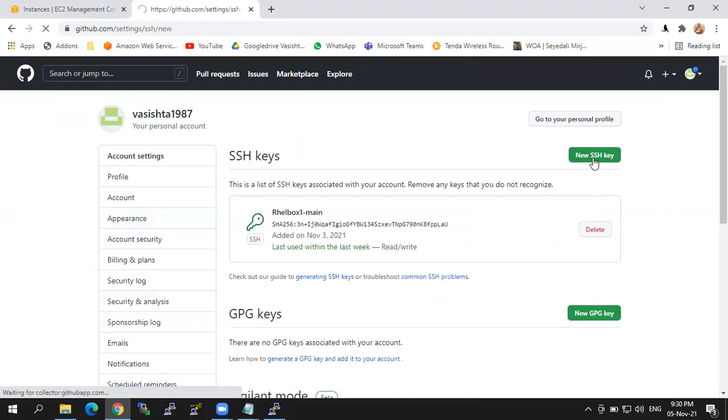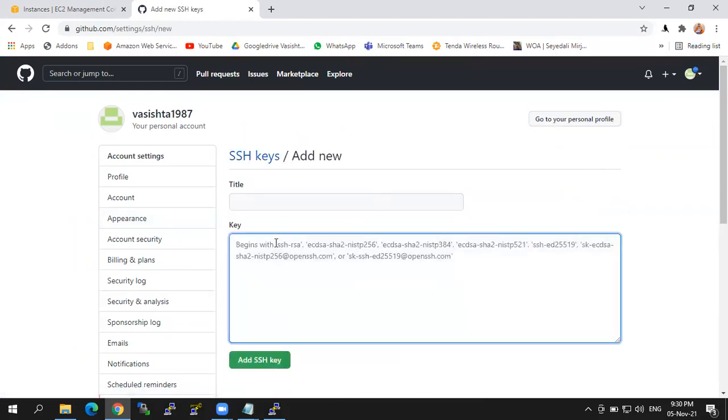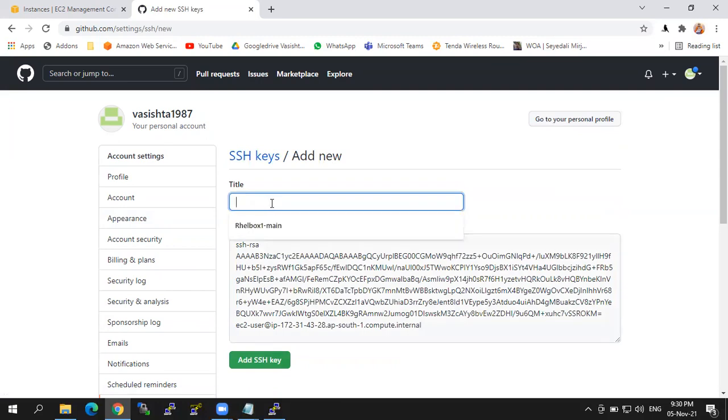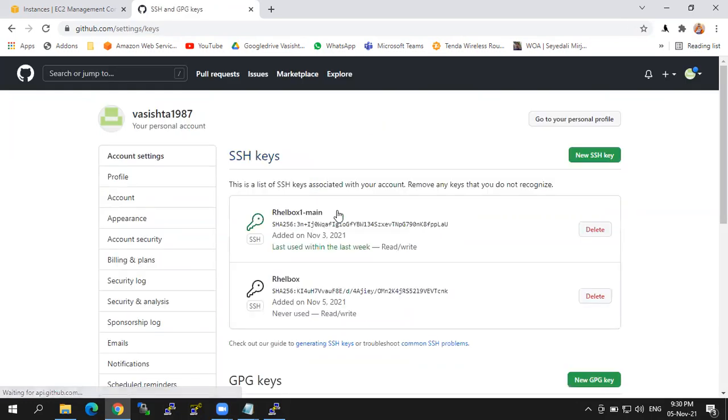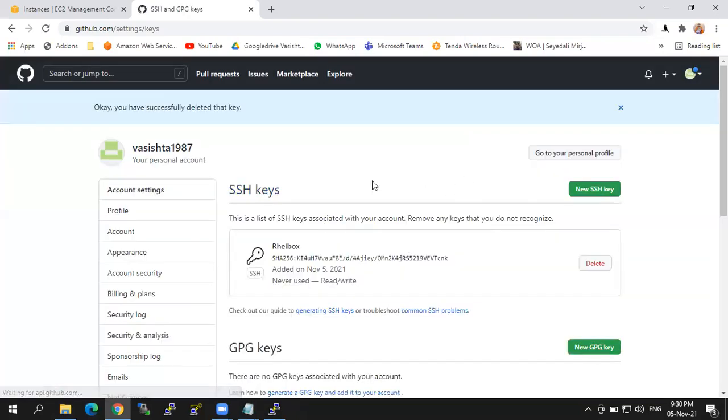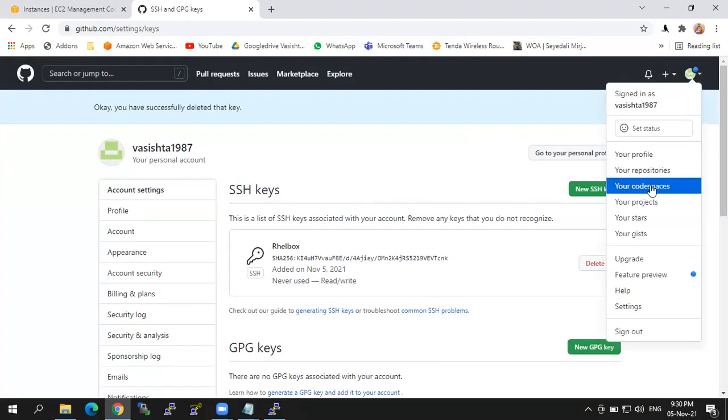If you give a new SSH key here with the title RHCL box and add SSH key, it asks for the password. Whenever you give the SSH key in the account settings,